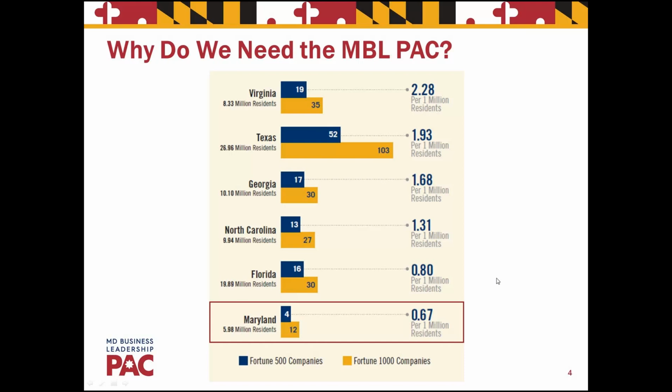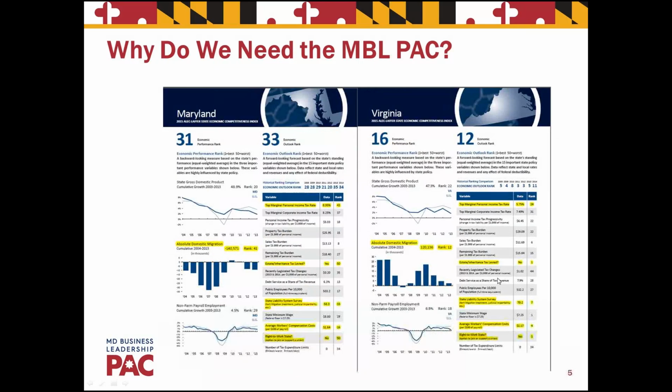So let me show you some actual numbers to back up what I'm saying. I realize that you can't read the detail on this, and that's okay, because our very next slide has this detail in it. But here's what I want you to see. This is an annual report. It's a book that's published by the American Legislative Exchange Council, ALEC. And this book is called Rich States, Poor States.